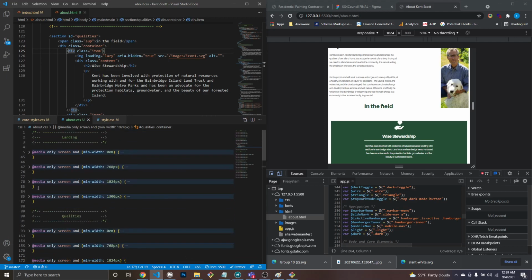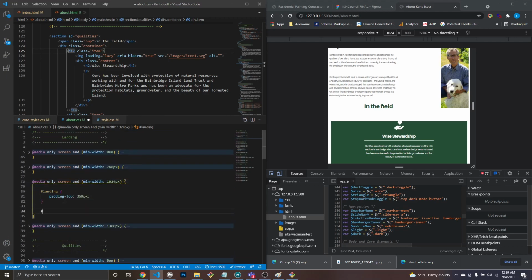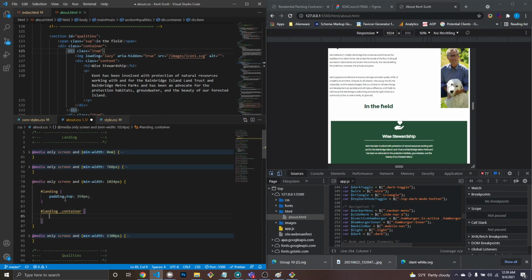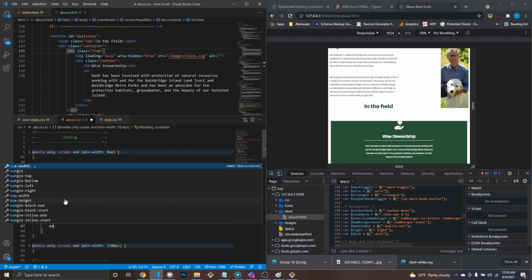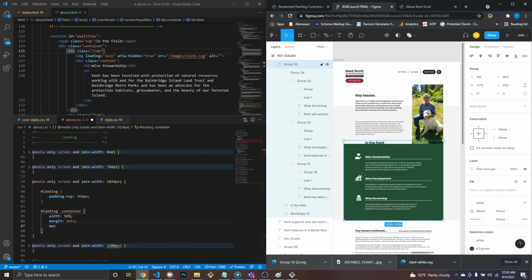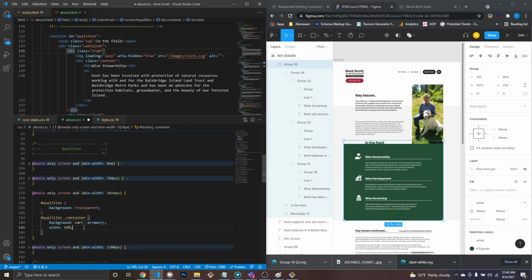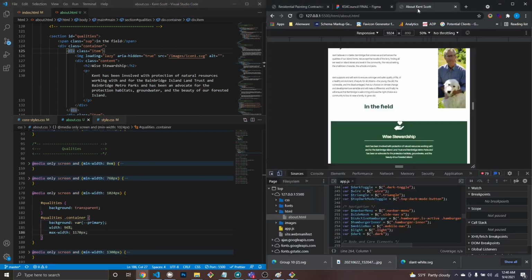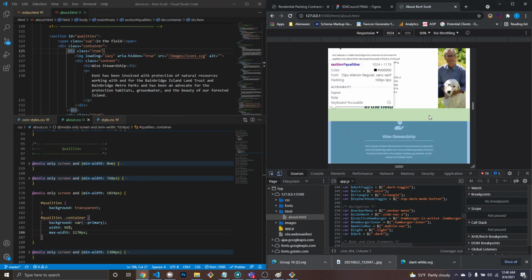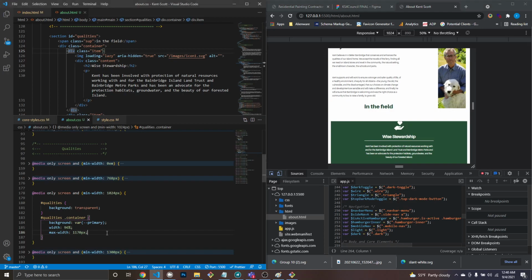And it's going to be the same up here. Landing, I want to do, what's our max width? I want our max width to be 1170. And same for this one down here. So now these two containers are matching. And so this container now I need to have